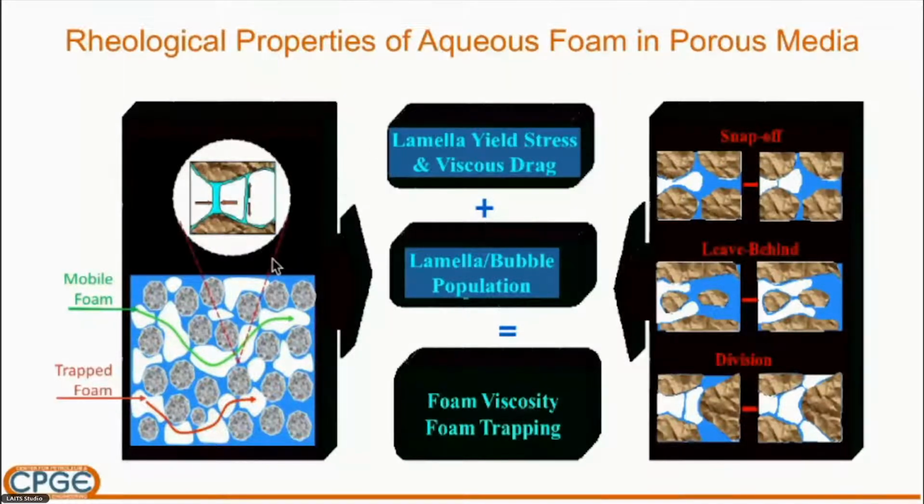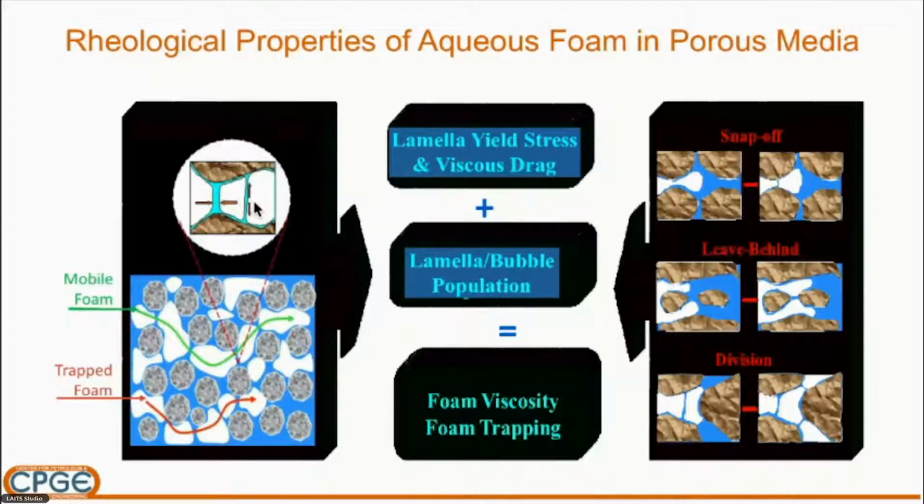So this picture shows you a cartoon of foam flow in a porous medium, with white bubbles, blue brine, and gray grains. When a bubble train is set in motion, the lamellae separating the bubbles exert a significant amount of viscous resistance to the gas flow. And each lamella exhibits an apparent yield stress to be exceeded by a low pressure gradient to set the lamella